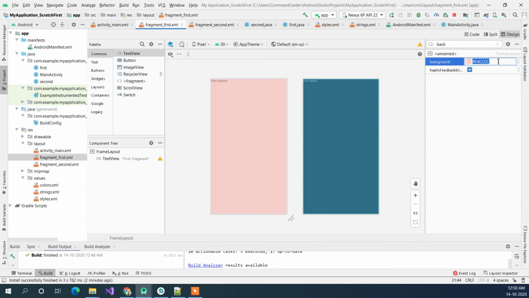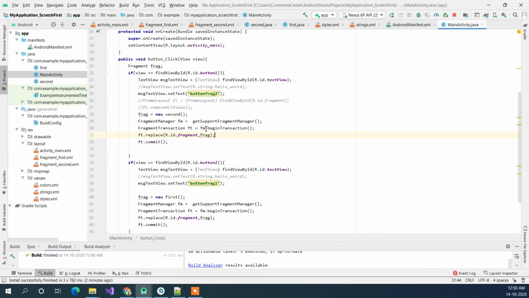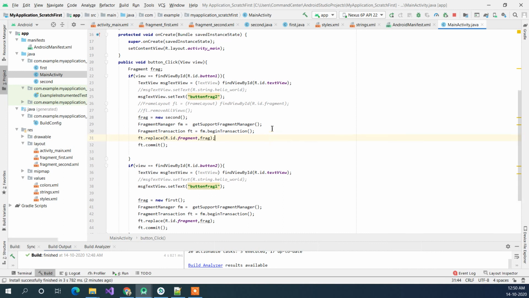And also remove this. So what was happening is that when you are replacing it, it is not getting removed. So the last view, the last fragment which was replaced by this, is still there, and we are overlapping over it. So that is the problem which we were facing.